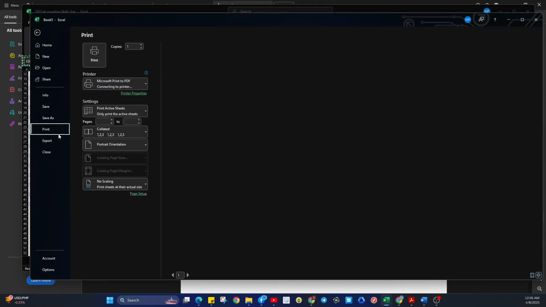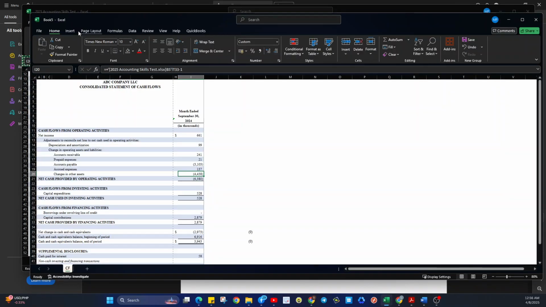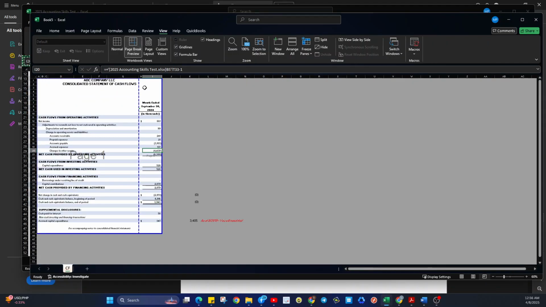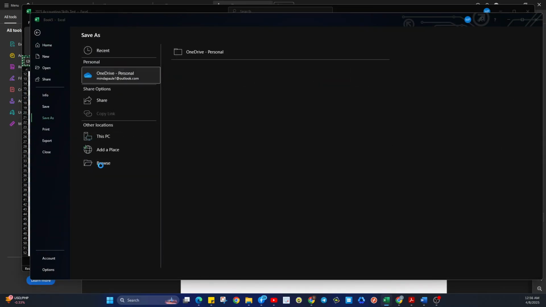File, print, no. View, this one. And then file, save as.